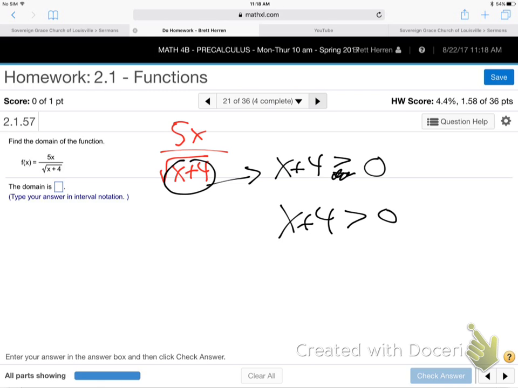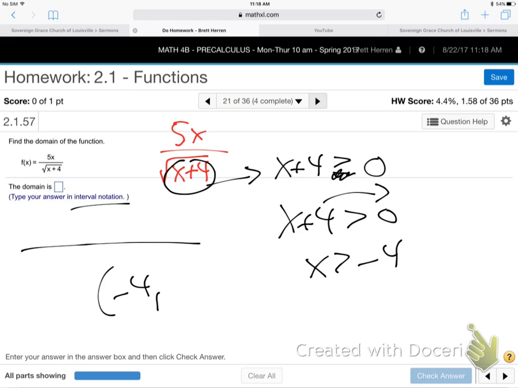You have to be greater than 0. You can't be equal to 0 because you're a denominator. And you can't be negative because you're in a root. So you have to be strictly greater than 0. So then just jump that over. So x is greater than negative 4. So interval notation, put that in number line. That's going to be parenthesis negative 4 to infinity. I'll just leave it that way. We good